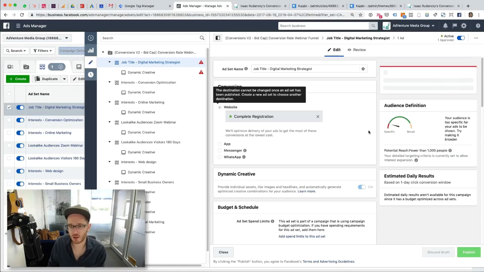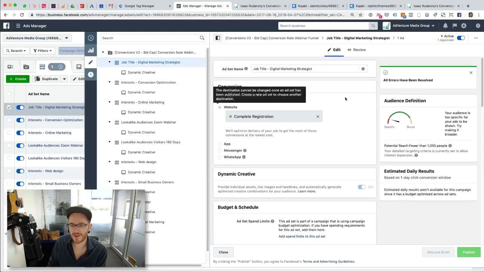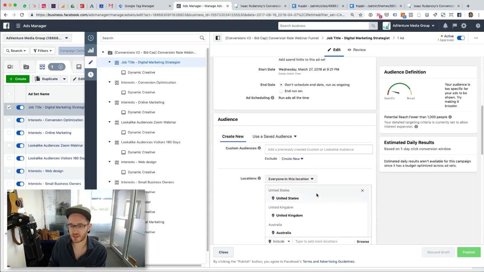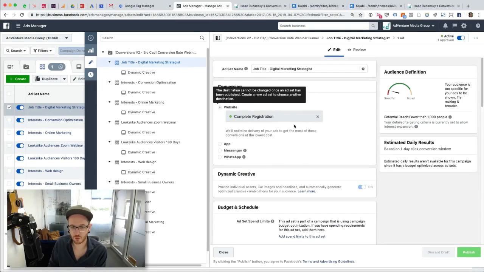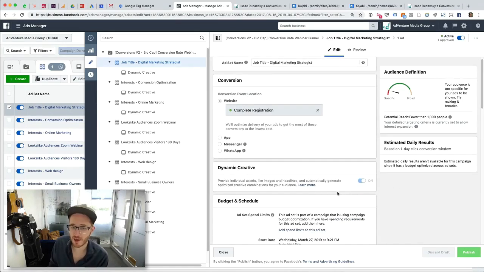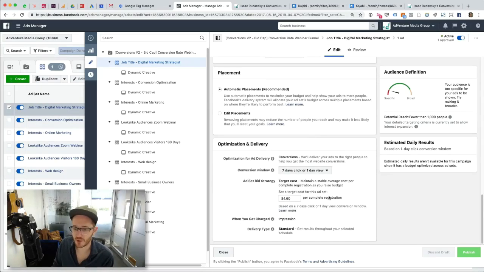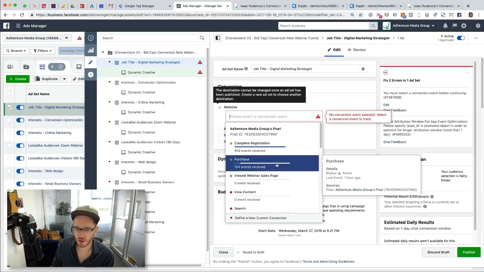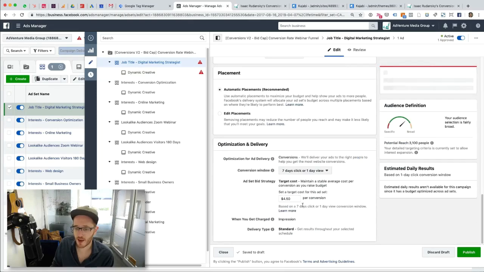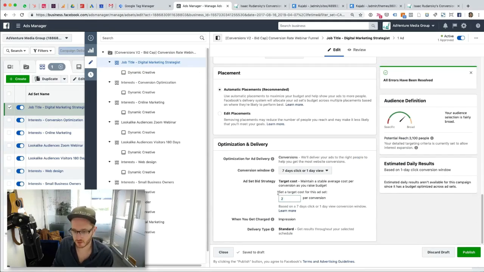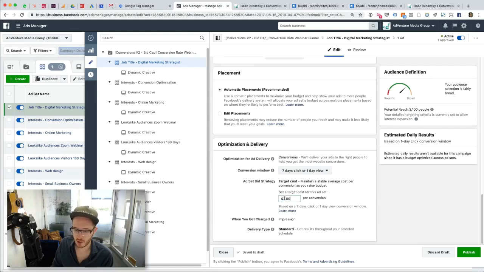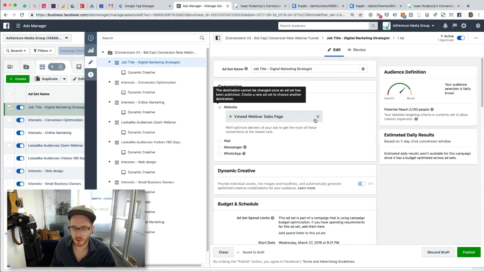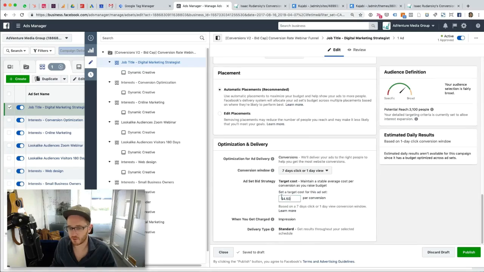And that's the conversion action this ad set is going to be tracking, and that's the conversion action that this budget will be optimizing to receive. And then this is useful because I can go down and when I'm bidding, I could choose to bid in different ways. I could choose to target a cost per registration, or if I'm going to be optimizing for view webinar sales page, I would only want to pay maybe like $2 for a view of a webinar sales page, and I could do that. But anyway,